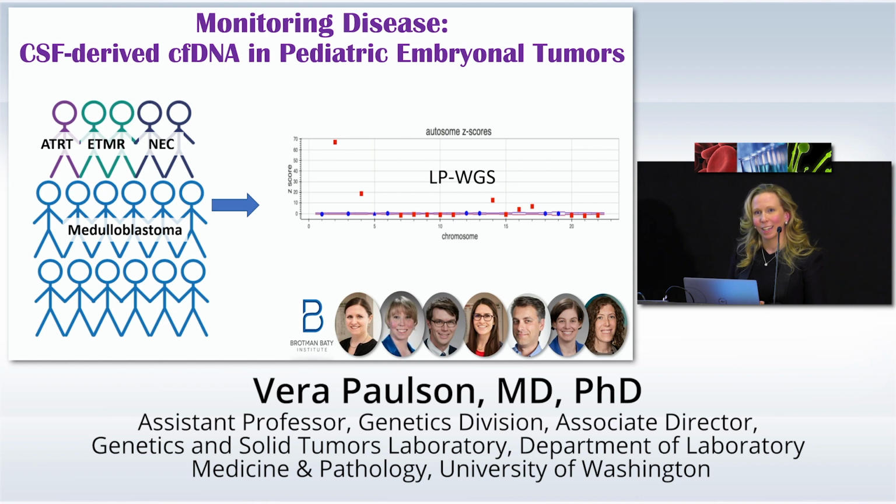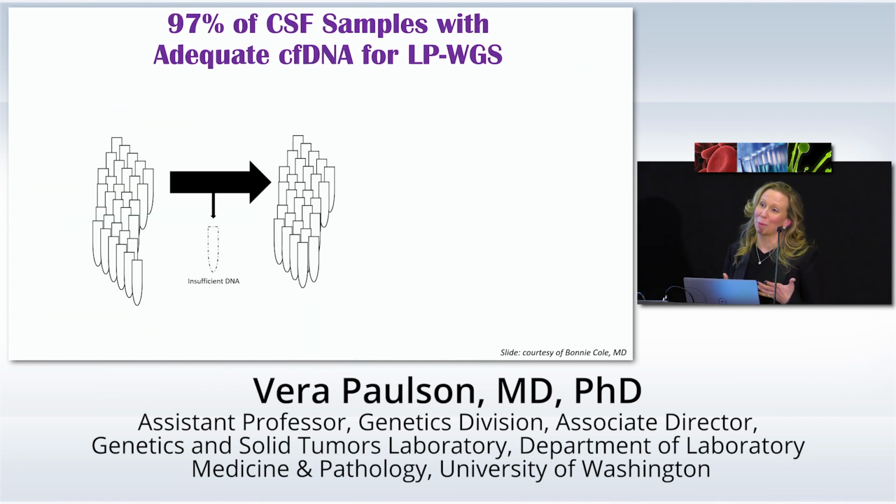In a different cohort of patients, predominantly focused on embryonal tumors, so these were medulloblastomas, ATRTs, embryonal tumors with multilayered rosettes, and then not elsewhere classified. These went through our low-pass whole genome sequencing. What's different about this is it requires less DNA. And so I think you can tell why maybe it was a bit more successful. Actually, all 30 samples, only 1 sample was insufficient, we're able to get data from.